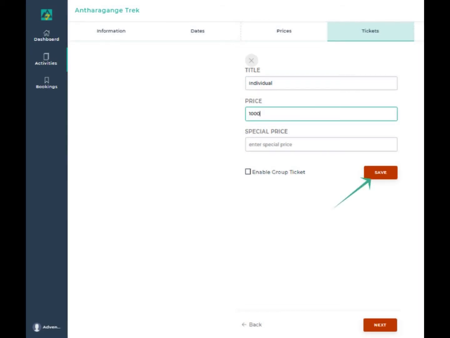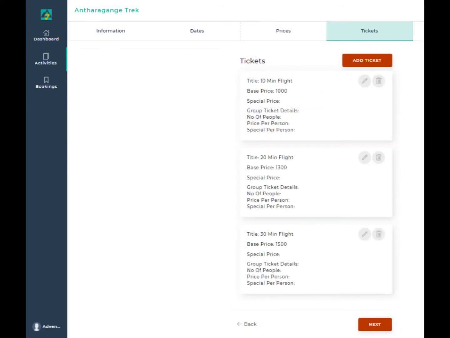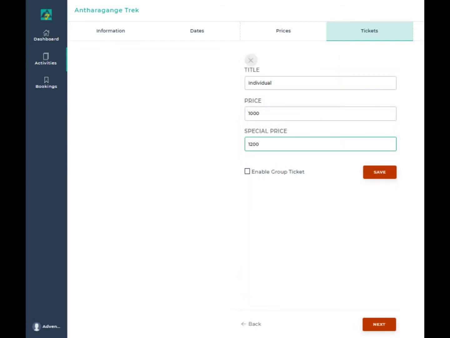If your activity has different tickets with different titles, for example 10-minute flight, 15-minute flight, and 20-minute flight, click on Add Ticket, put the title as 10-minute flight, add the price for this, and save this. Do the same for other tickets as well. If you had enabled special dates for your activity, type in the special price to be paid for the activity